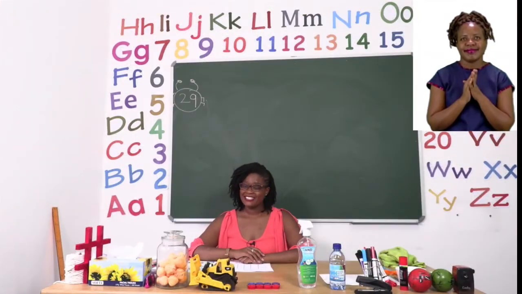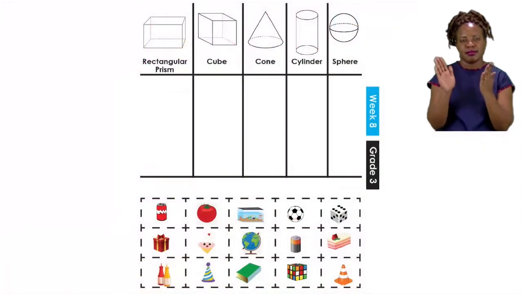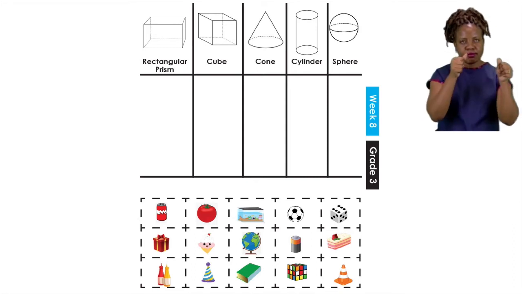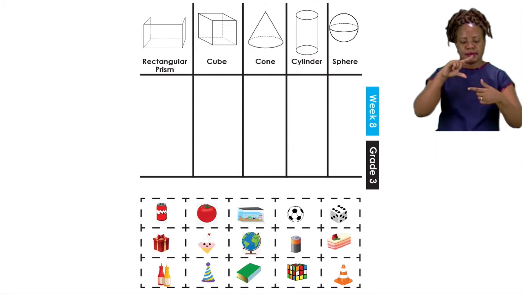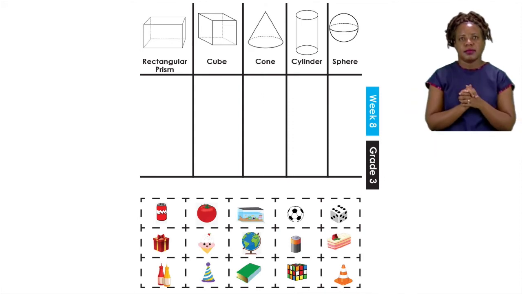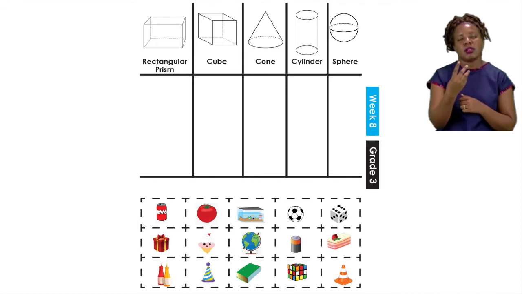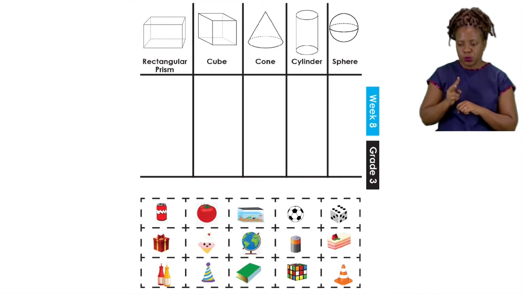For our last lesson today, boys and girls, let us turn to page 29. On page 29, we are going to be doing some cutting and pasting. And not just anything, but 3D shapes. Below the page, you can see that we have some items, real life items, that have a 3D shape to them. Your job is going to be to cut out those items and then paste them in the correct 3D